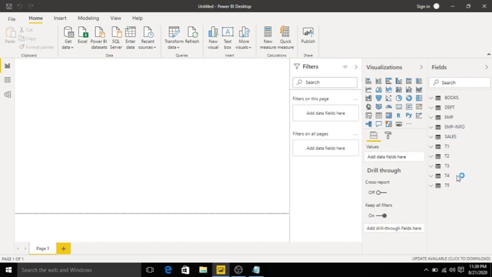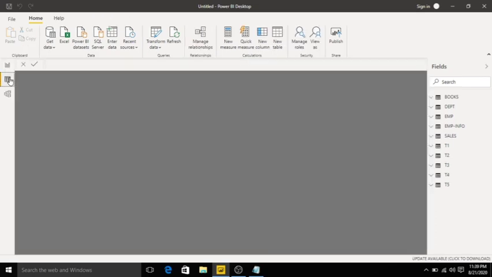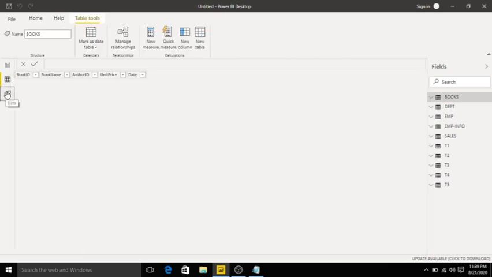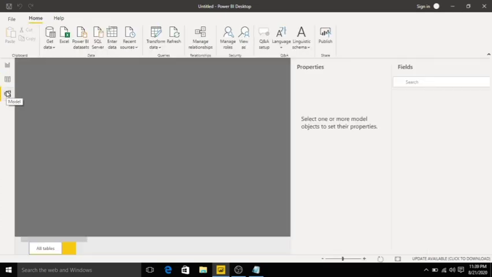See, this is the data set. I have multiple tables in my data set. Whenever we load data into fields, the data inside those fields is called a data set. In Power BI Desktop, three major important icons are there: one is for report data, another is for data transformation or modeling, and another is for the relationship area.